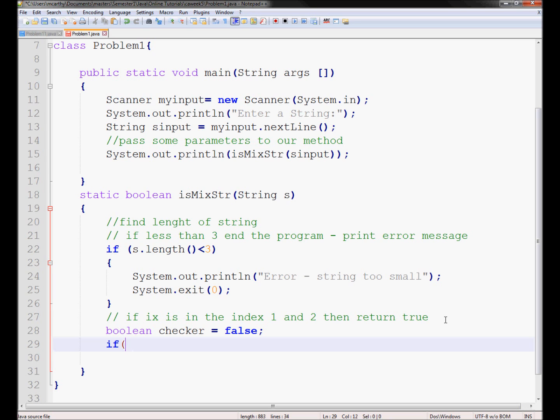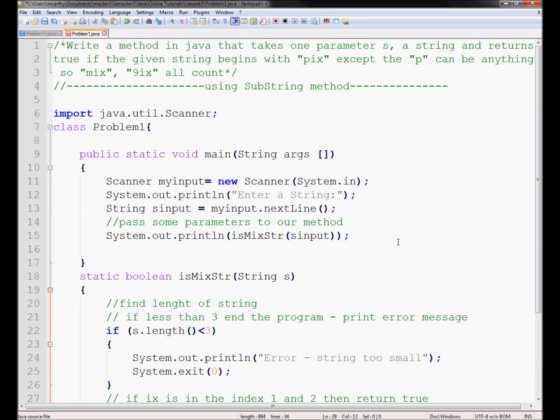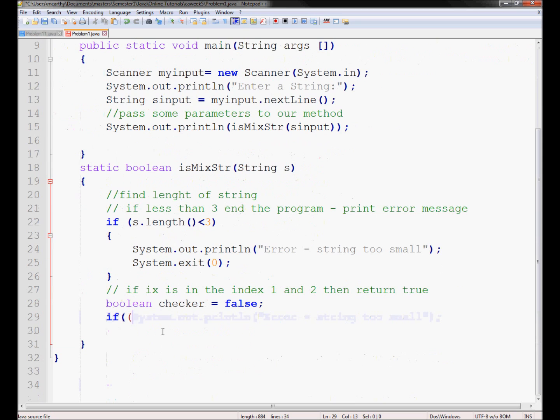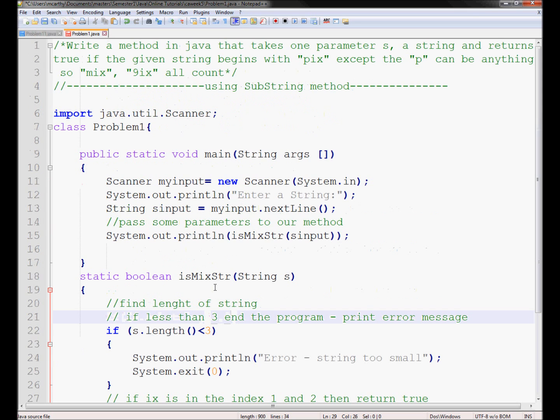so we're going to have to use a substring method, like I said up at the top. So we're going to say if s.substring, so if the substring of the string that's entered between 1 and 3. Okay, so why are we using 3 here? Well,